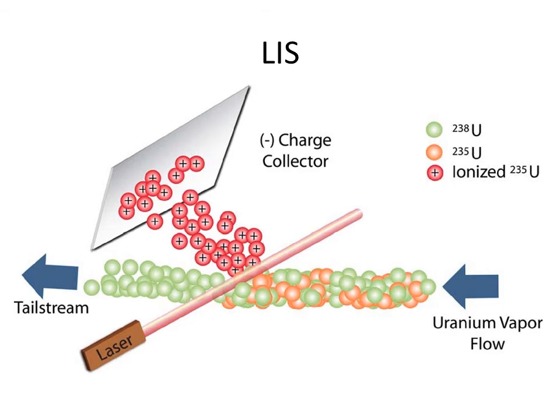So first we vaporize this uranium mixture, and the vaporized particles are sent along a stream, and at one point it interacts with a laser beam. So a laser beam is sent along the path of this vapor, which consists of uranium-235 and 238